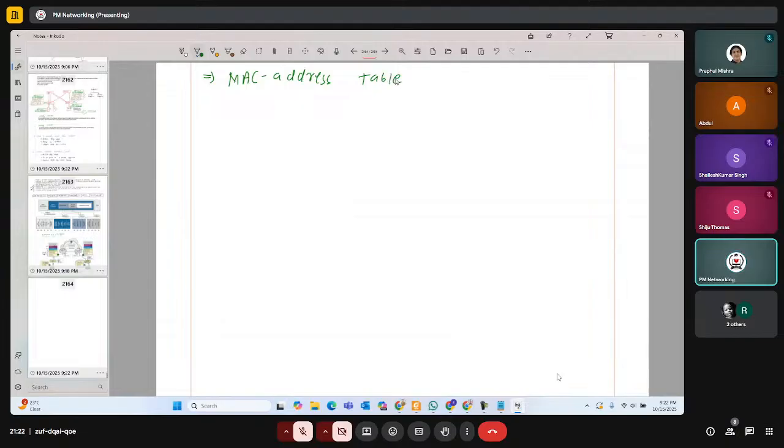If routing is configured, they also maintain an ARP table. And then there's the IP routing table also. Now, when you deploy VXLAN, we have one more type of table, which is known as